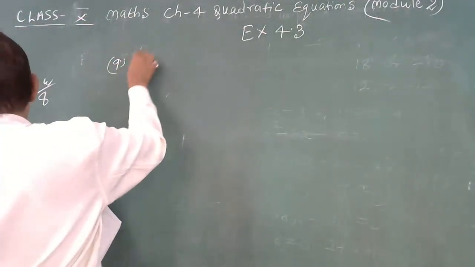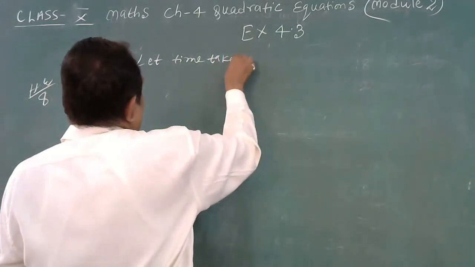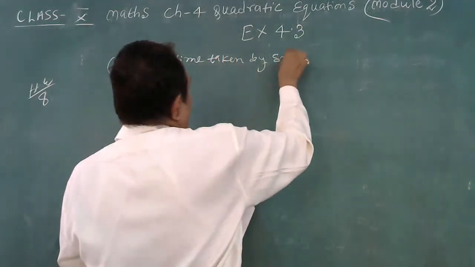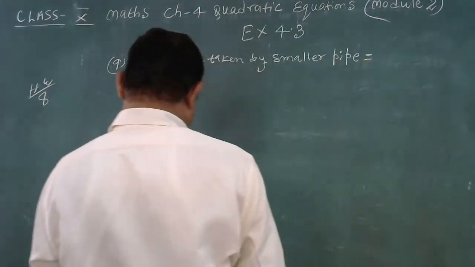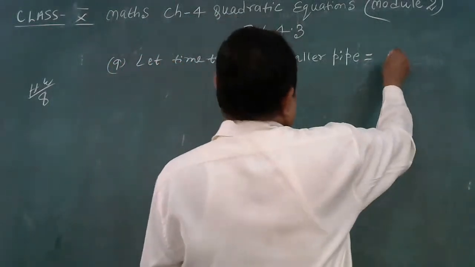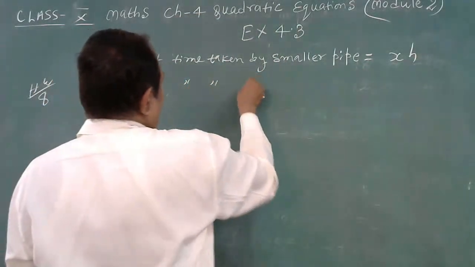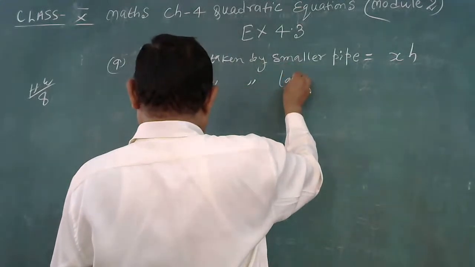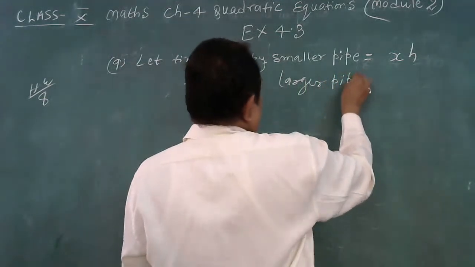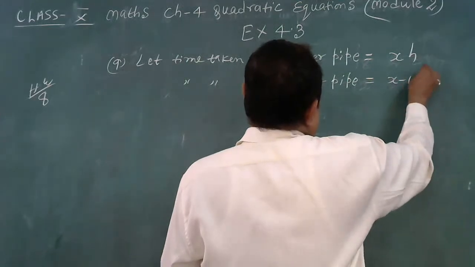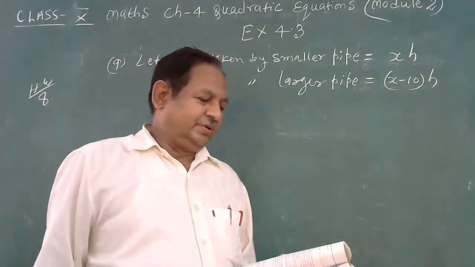Let the time taken by the smaller pipe be x hours, then the time taken by the larger diameter pipe is x minus 10 hours. So according to the question,